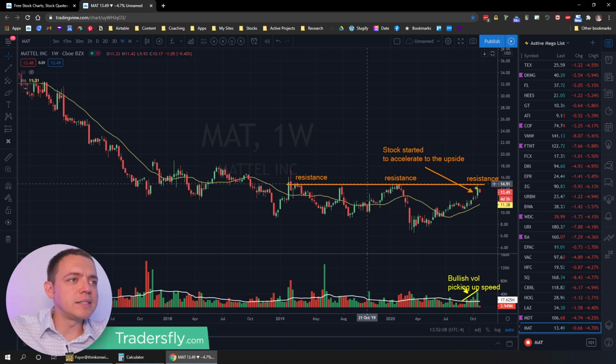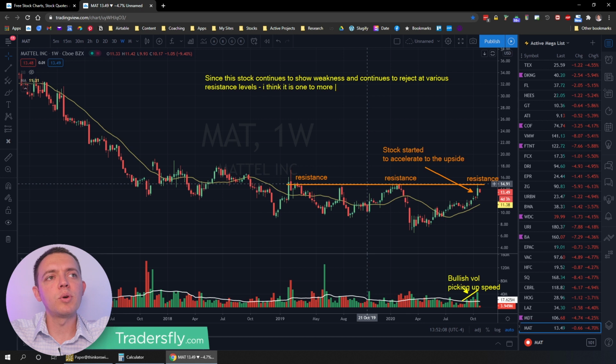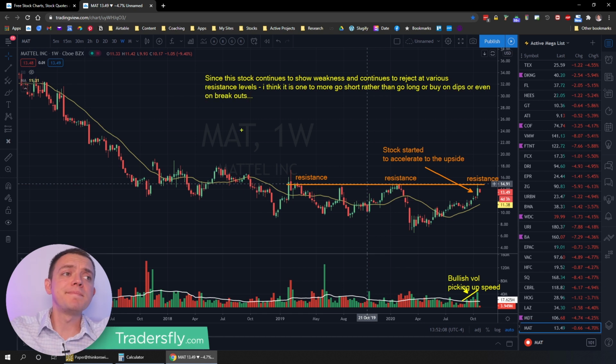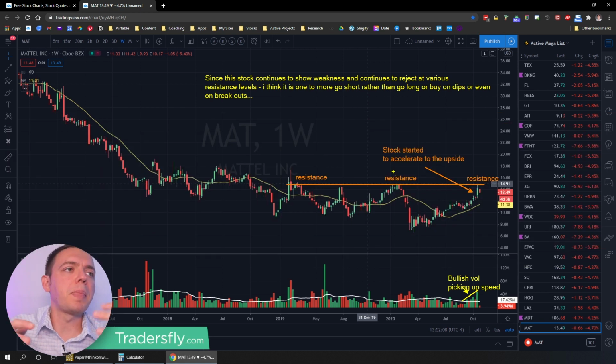So that's why I think as it's hitting resistance, it might be one to short rather than one to go long. Since this stock continues to show weakness and continues to reject at various resistance levels, I think it is one to go short rather than go long or buy on dips or even on breakouts. So that's kind of what I would do and look at. It's just not one that I would go with. So that's why I'd be a little bit more bearish on this one rather than bullish as we get into